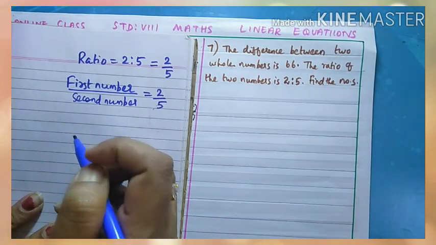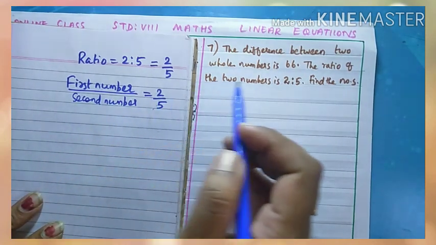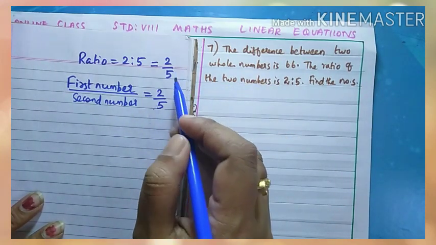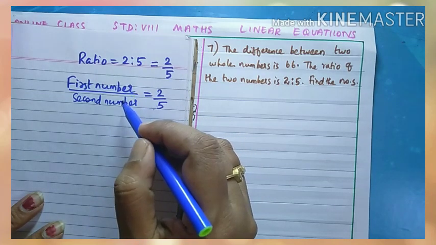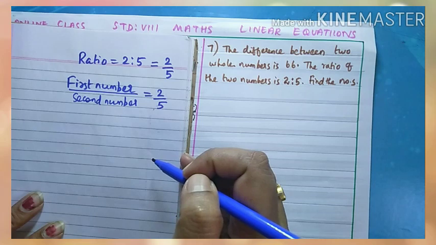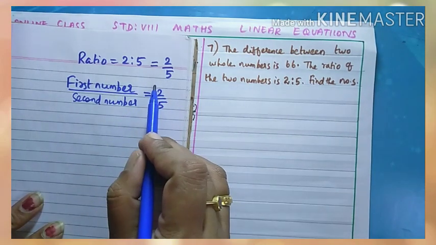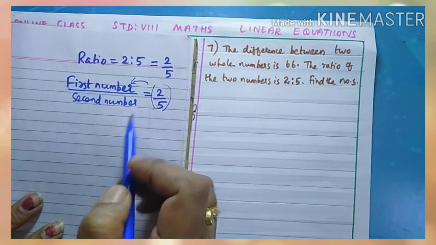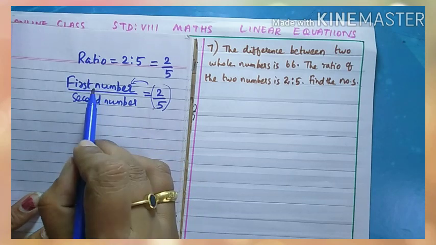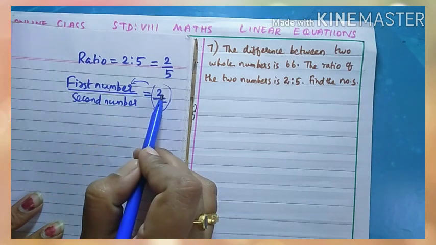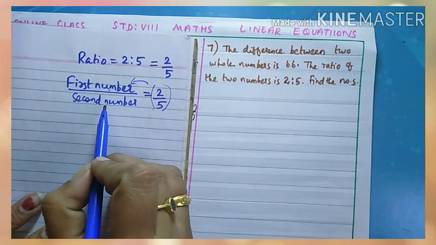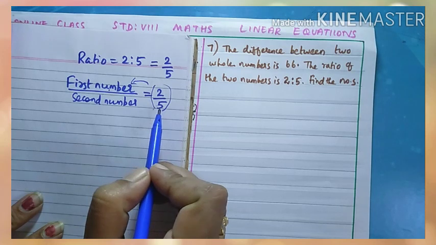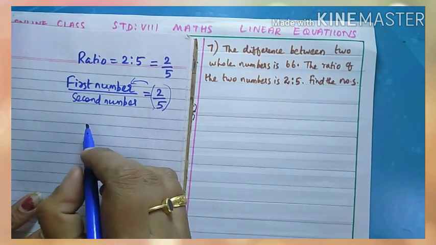Okay, so we don't know the two numbers and the ratio of the two numbers are given 2:5. So 2:5 means the meaning is 2/5. That is the first number divided by second number, we will get 2/5. So from this ratio, how will you determine these numbers? So this relation means this first number is a multiple of 2. Second number is a multiple of 5. You understood?